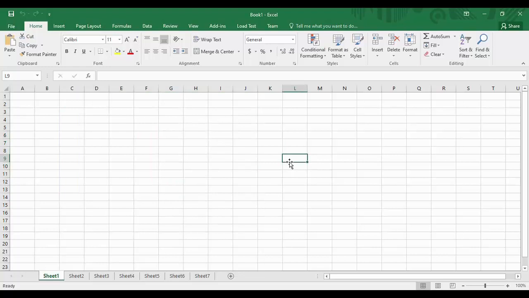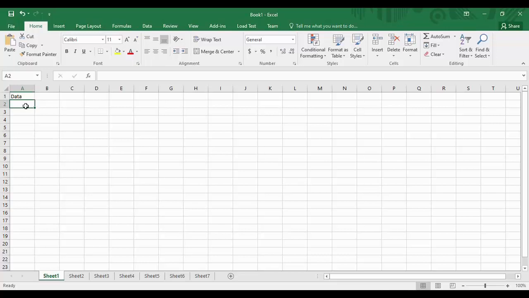Now how can you enter data into a cell? If we go back to the first cell, you have to double click on it first of all. Then you can see that a cursor is present over here. When a cursor is present, you can type anything that you want. Suppose I type in data. This data is now entered into a cell, but how can we save it? If we press the Enter key, you can see that cell A1 now contains the word data, and my cursor has moved on to the next cell, that is A2.